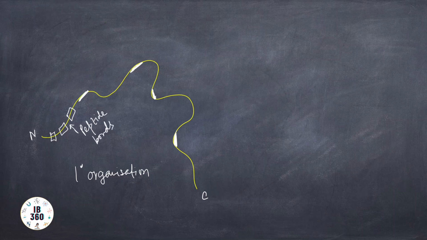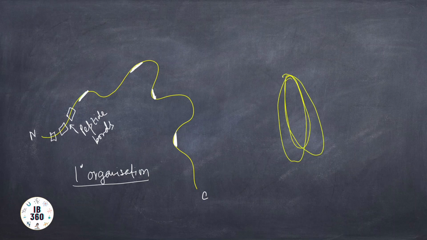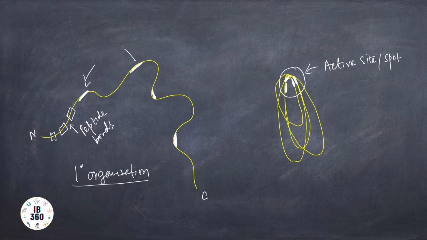So this will fold something like this, like we are folding strings, as if the string has been folded. And what happens as a result of this folding is all these active sites come to lie side by side, and this portion forms the active spot or the active site. So all these were parts of active site. Then this happened. So this was a result of folding.